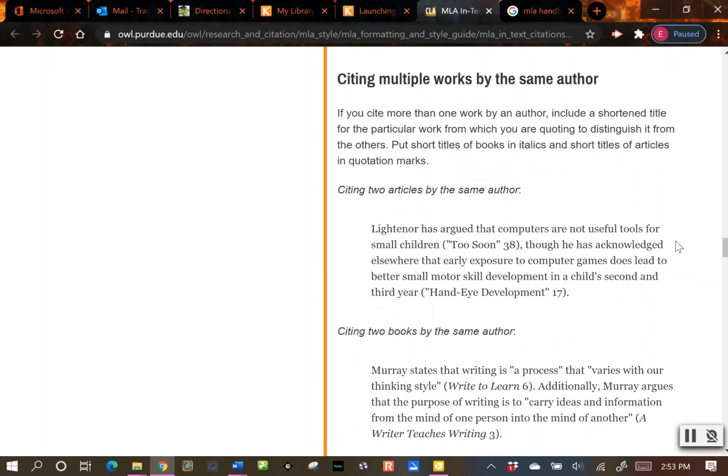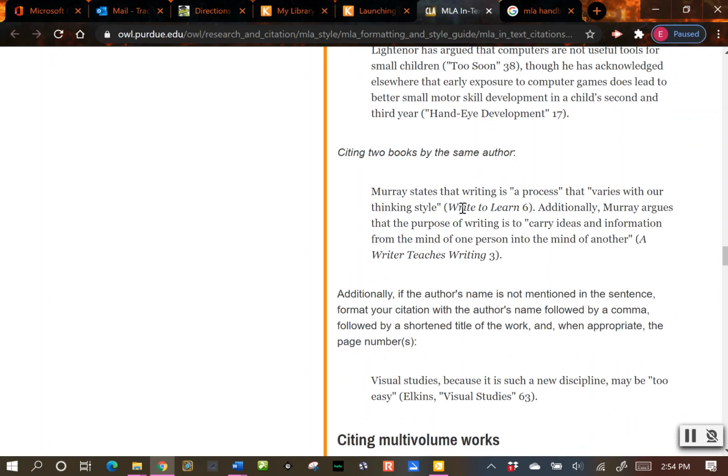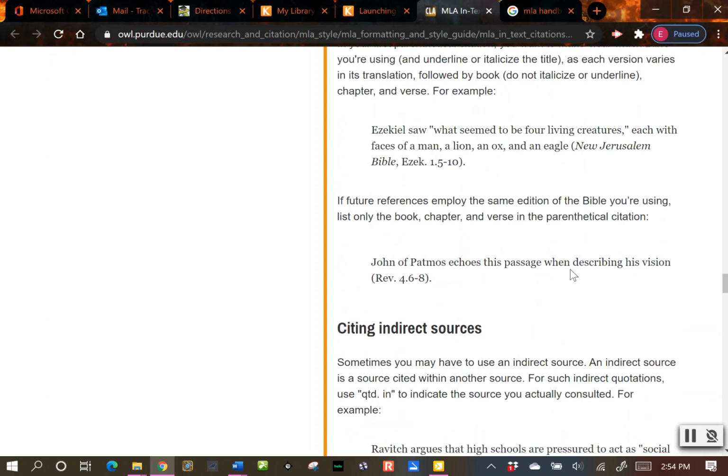Let's see. So if you have two articles or two books by the same author, here they've included the author's name within the sentence, and then in the parentheses they have put which article title and the page number it can be found on. And this would be for a print source with page numbers. And so here, same author, but it's a different article, so they're using the different article title in quotes with a page number. And then for a book, the title of the book gets italicized, okay, and they've included the author's name. All right. Multi-volume works, there's the Bible,